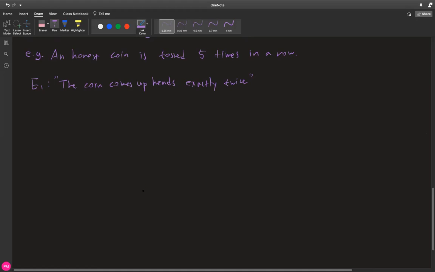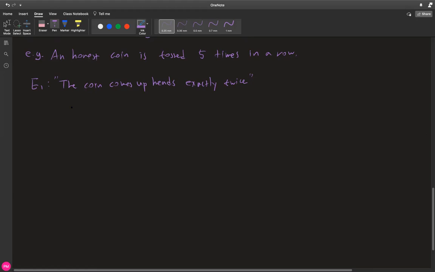There are a couple of different ways to go about solving this problem, but let's first do the counting. I'm not sure if you want to call it a longer way or the easier way, but let's do the simple counting. So we know that out of 5, we need to count the number of heads to be exactly